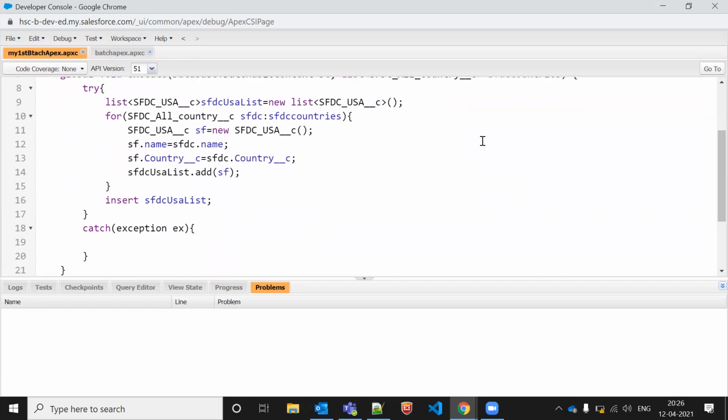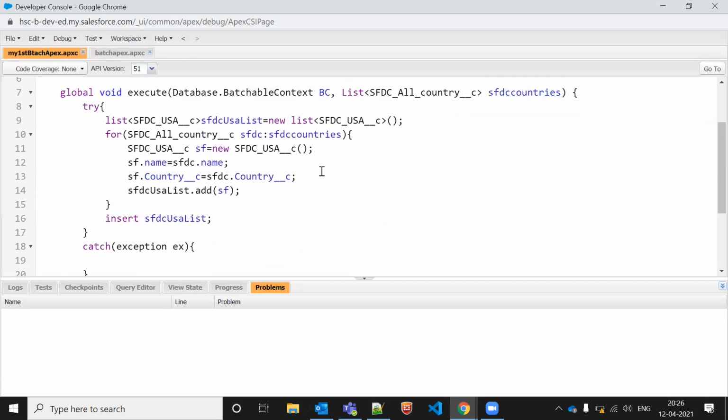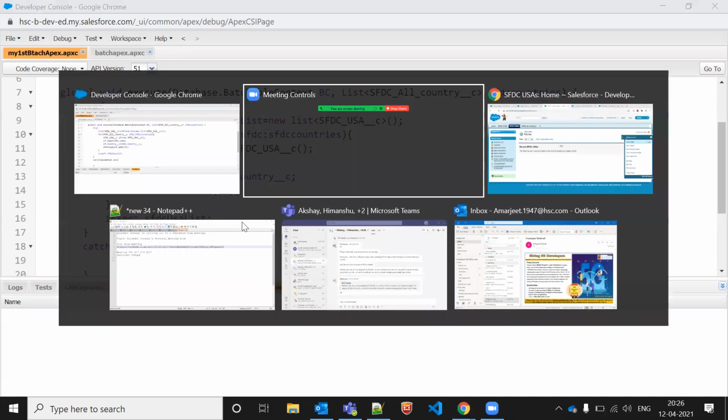So what are we trying to do here? Whatever 100 records we get, we get them one by one. It will iterate inside the for loop, and then our USA country object will be created. As of now we haven't added any USA conditions, so we should add them. Then we add each record to the one list. After completion of the transaction, all the data will be stored in this list. Finally, we directly insert the records. So we'll add the condition at that stage.